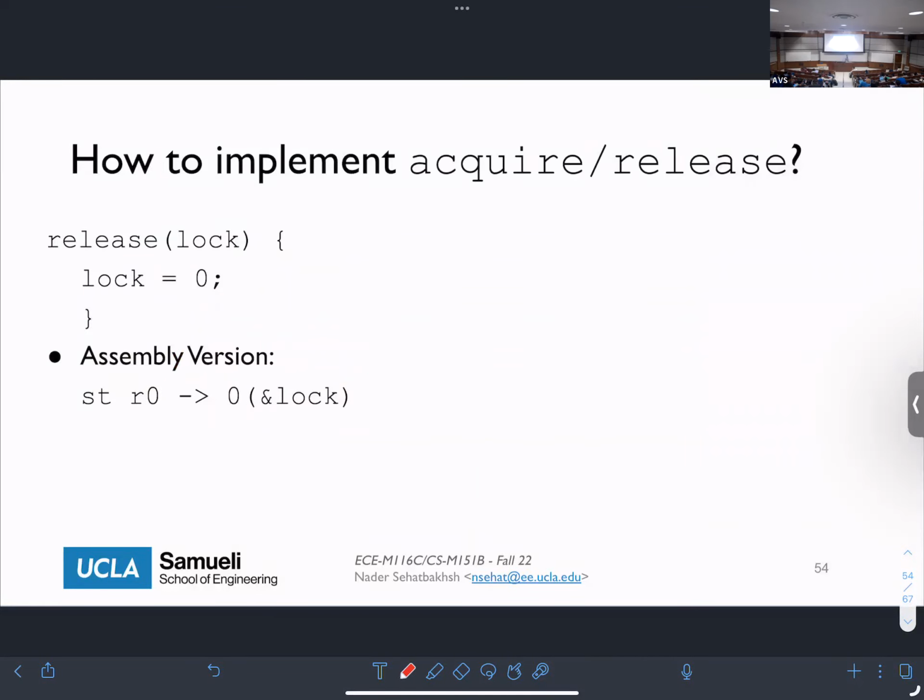And the idea of the release is very simple. All the release does is write 0 to the lock. So it would be store 0, like x0, to x1 plus 0, so store word x0, x1, 0. That's all you need to write for your release, just one single instruction. And you don't need to busy wait, because you only call the release when you have acquired the lock, so you are the only one who has it. So there is an inherent exclusiveness for your release. You don't need to worry about acquiring the lock in release.